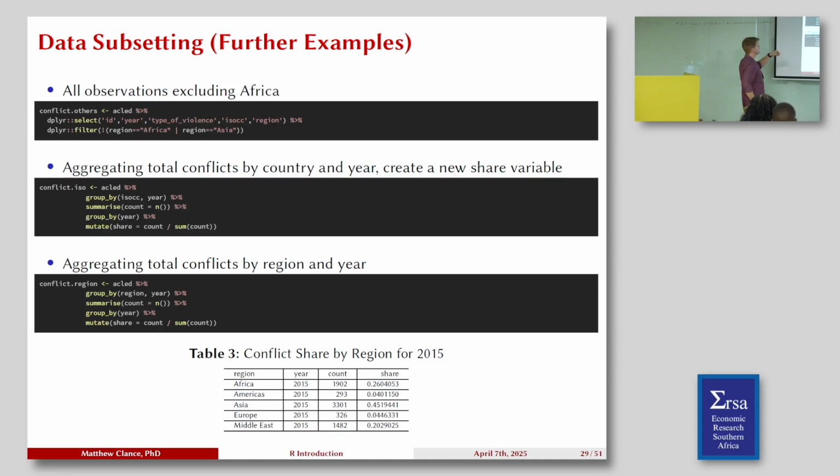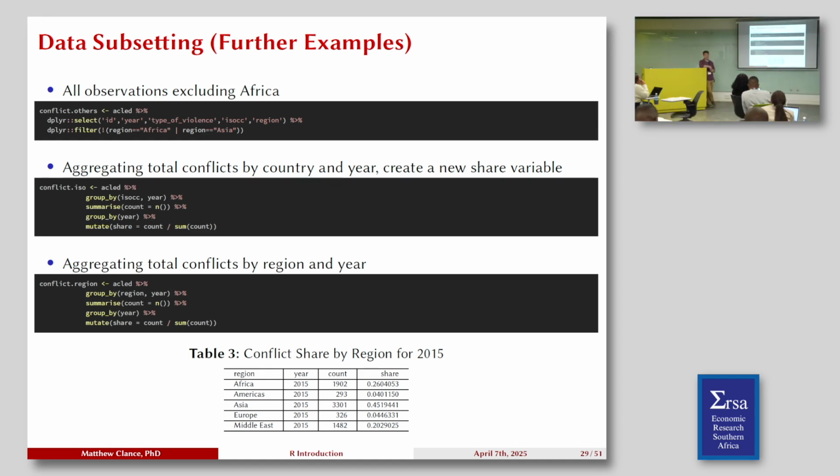Okay, so that's why, remember I told you this, like combining functions as you go along. You take the object that you started with, in this case ACLID, group it, and once it's grouped, everything after that is going to put out information that is specific to that group. So here I'm asking it to summarize. I want it to count the number of events within the data set. So if you're in the data set for that particular day, then that is a conflict. Right now I am not specific on the type of conflict. I just want to know how many events happen in the country, not what type, but just the events.